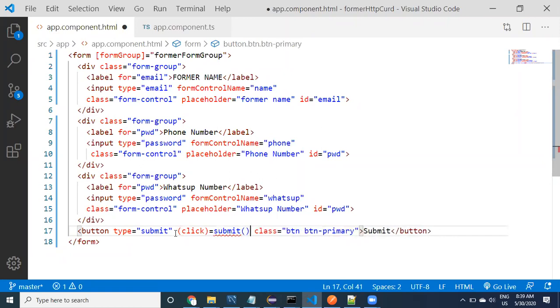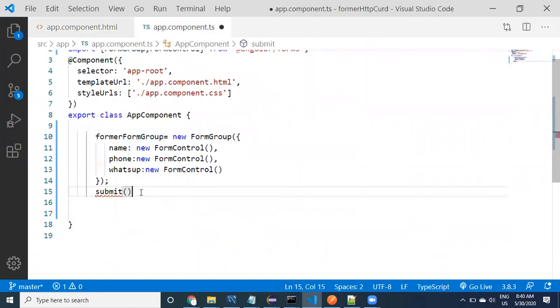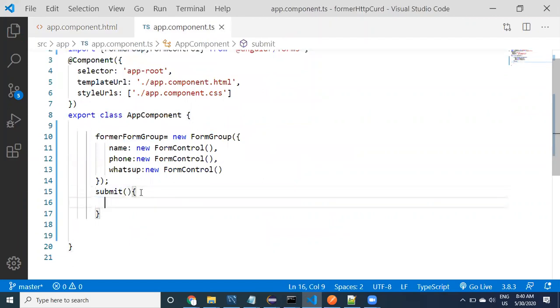I'm going to take the method called submit.